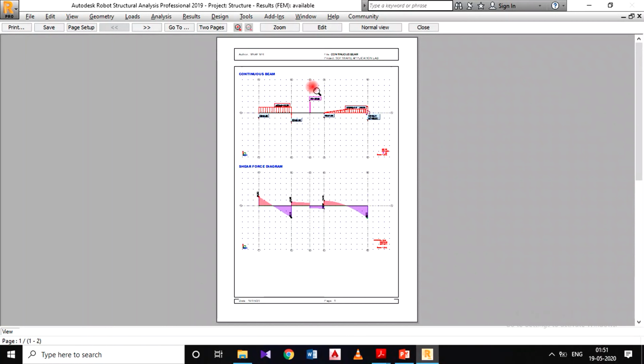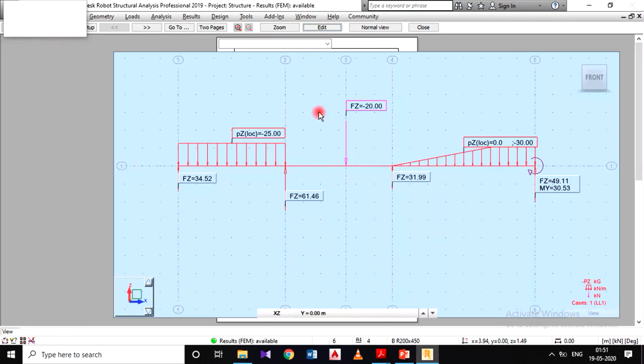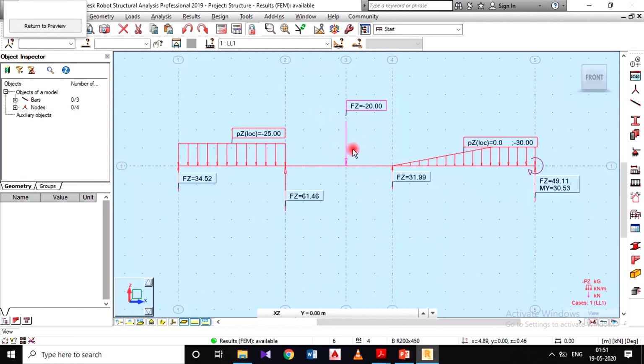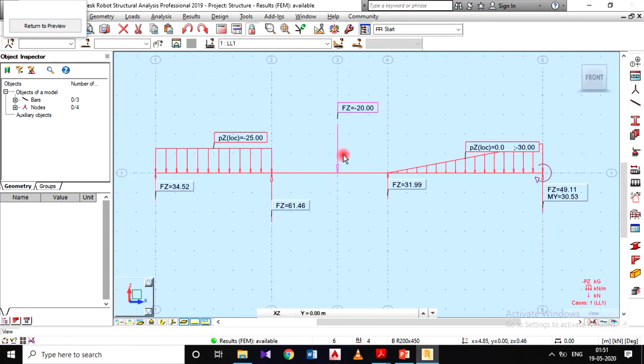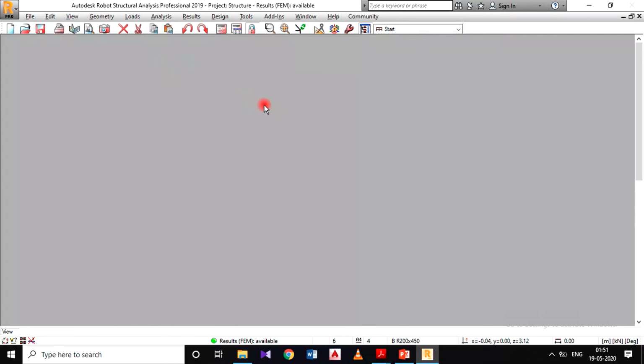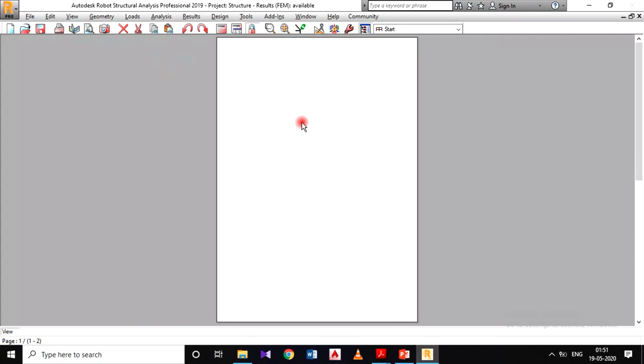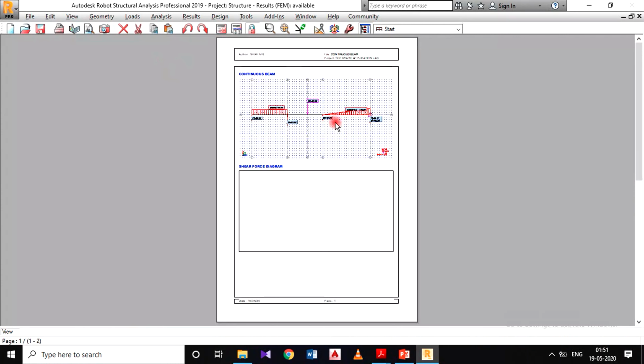So in that, if you want to go for edit, if I click on the edit and click on this image, if you want to zoom in, just zoom it in that screen, then go for return to preview, so it will be visible clearly.